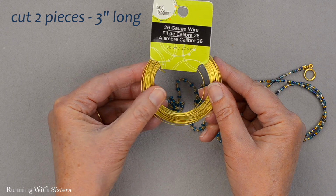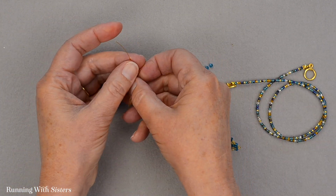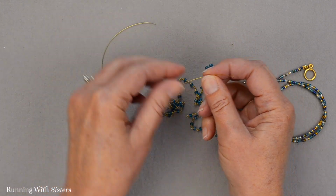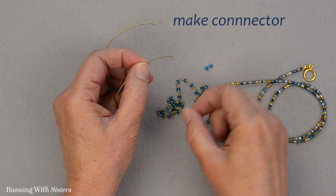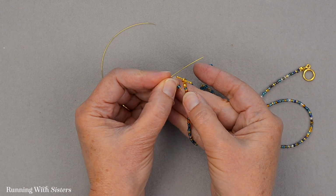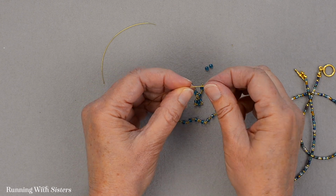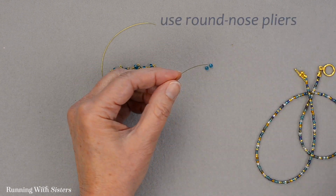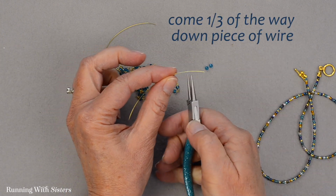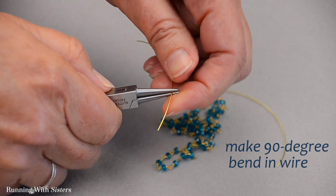We need 2 pieces. Each one should be about 3 inches long, and I already cut 2 pieces for us. So here's our first piece. What we're going to do is make a little connector from the end of the beaded chain to the clasp, and that's how we're going to attach the beaded chain to the multi-strand necklace. I'm going to show you how to do that right now. We're going to use our round nose pliers. We're going to come about 1/3 of the way down on this 3-inch piece of wire and make a 90-degree bend in the wire,